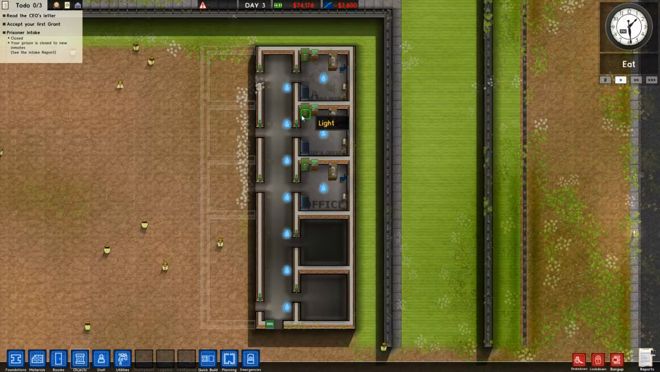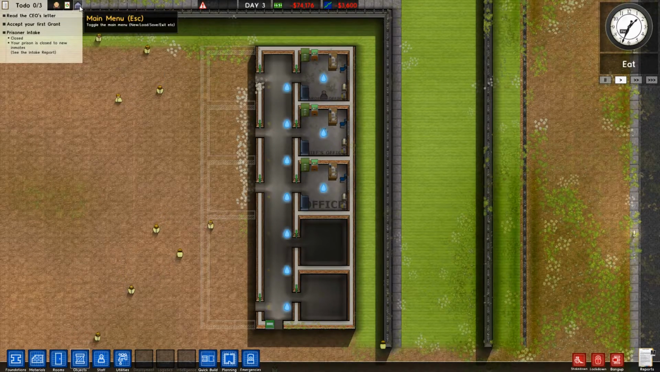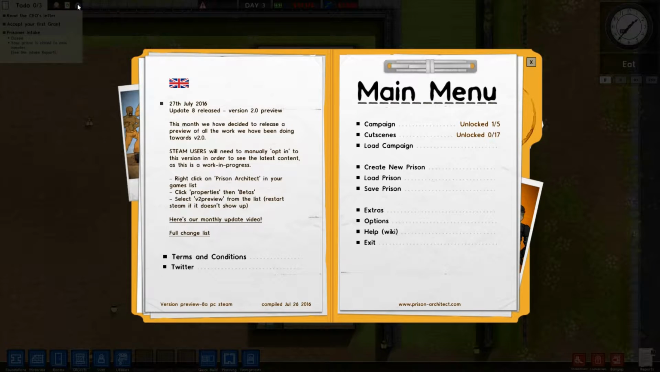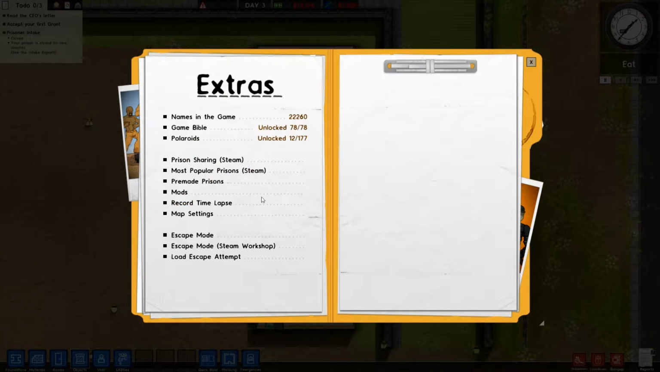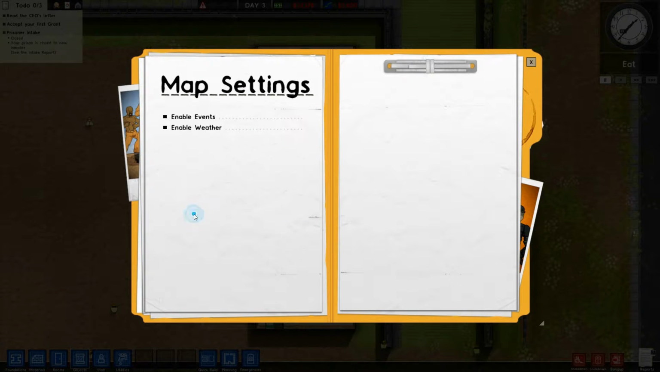First thing I want to show you today is that there are two options which you can set during the game if you have not set them while setting up your prison. What you do, you go to your main menu, you can click this button or you can press the escape key on your keyboard. If you go to extras and then map settings, you can enable events or enable weather,